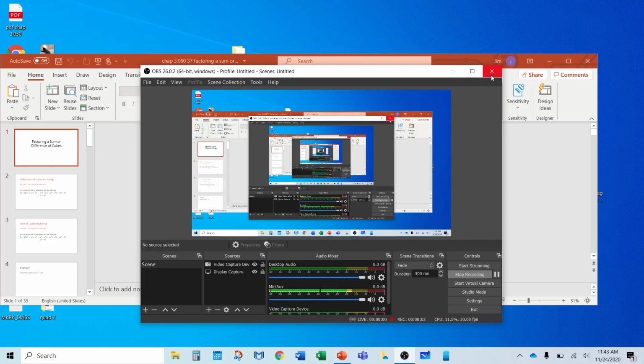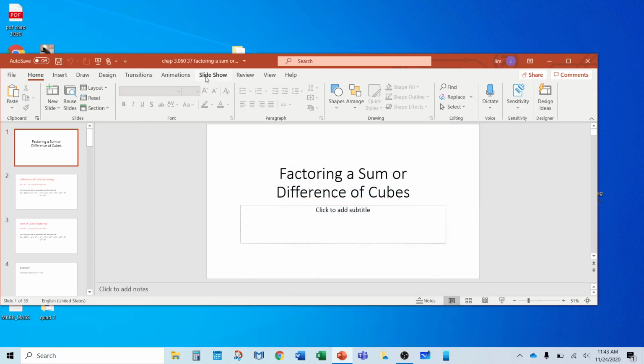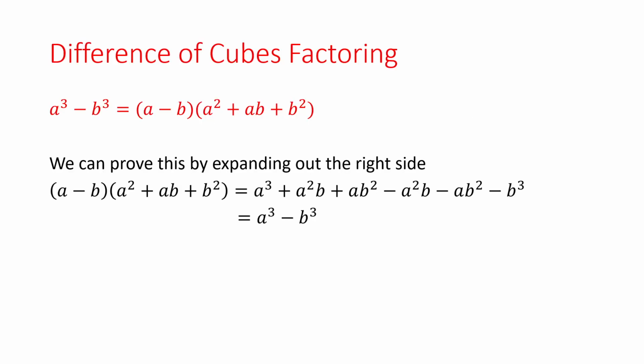In this presentation, we are going to talk about factoring a sum or difference of cubes. Difference of cubes factoring states that a cubed minus b cubed equals a minus b times a squared plus ab plus b squared. If you want proof of that, just expand out a minus b times a squared plus ab plus b squared. You get 6 terms, but then after you collect like terms, you end up with just a